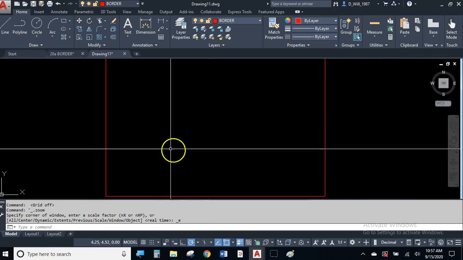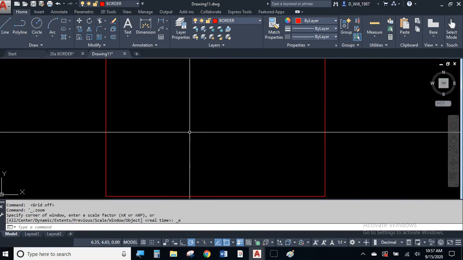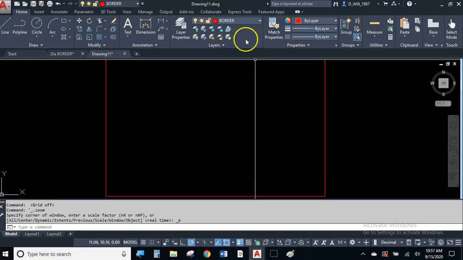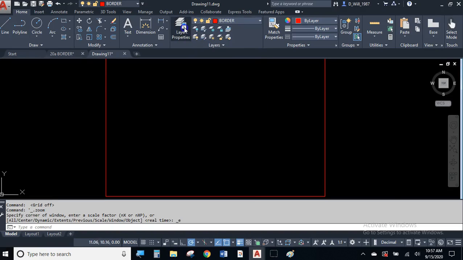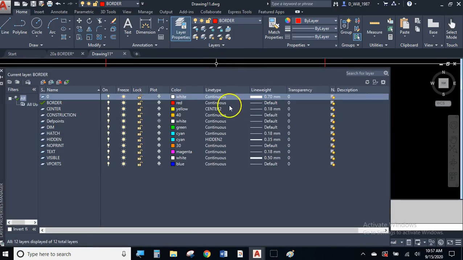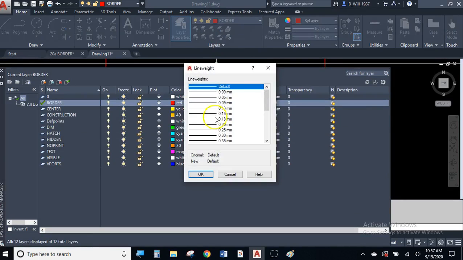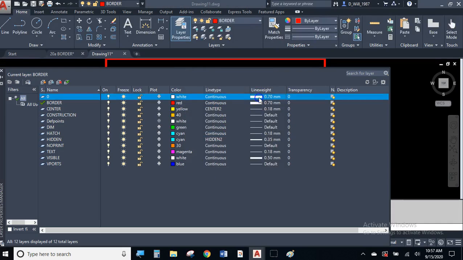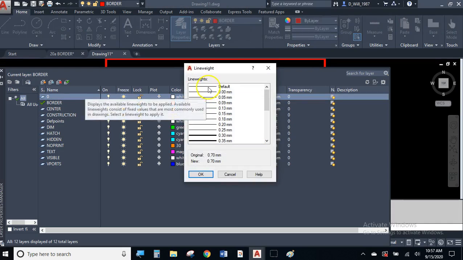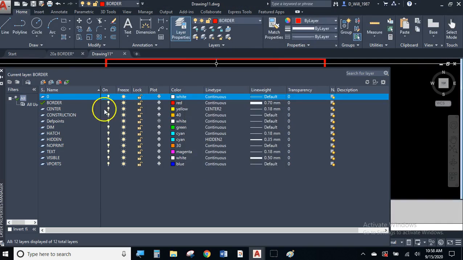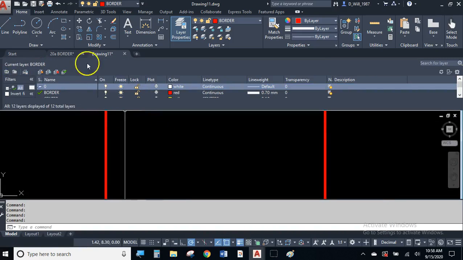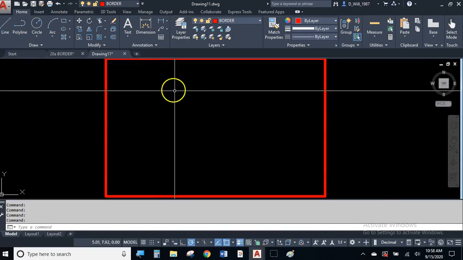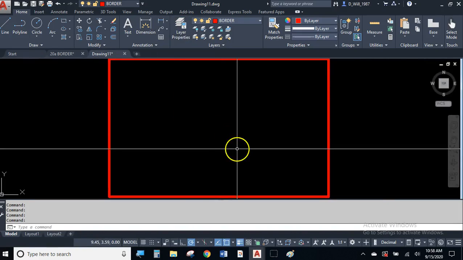All right, so there's our B-size border for 11 by 17 paper. Now, for some reason, my border doesn't look very heavy. What's up with that? Oh, look at that. My border is supposed to be 0.7, not my 0 layer. Rookie. Okay, 0 is default, border is 0.7. All right. That looks better. So now down in the bottom right corner,